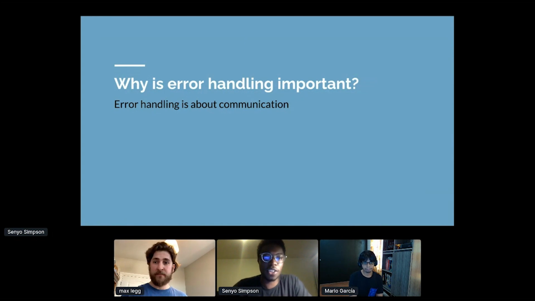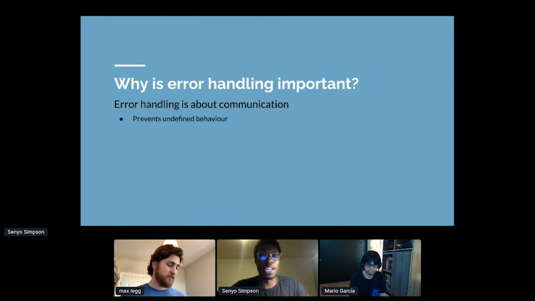Error handling obviously prevents undefined behavior. We don't want our programs to continue executing if we've got invalid state in some variables. Obviously that can lead to things like exploits and a bad customer experience, and just makes lives difficult when we have to debug those errors.